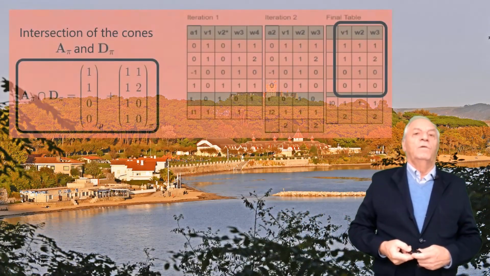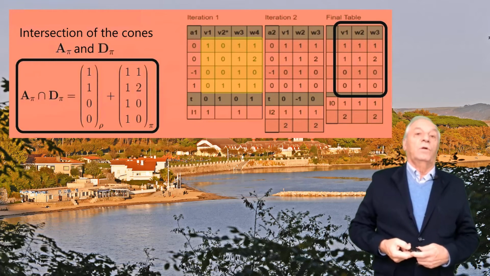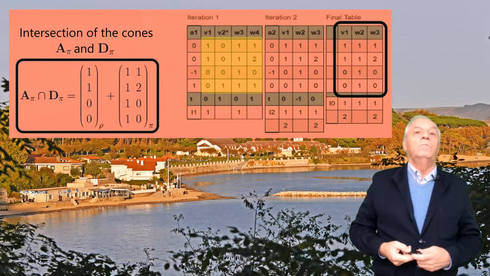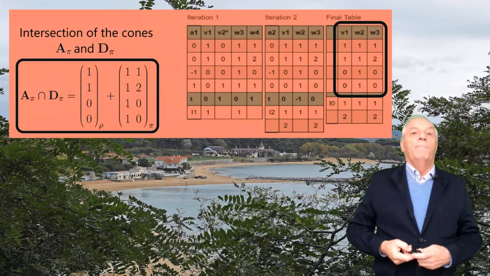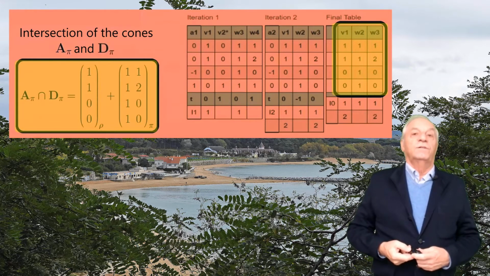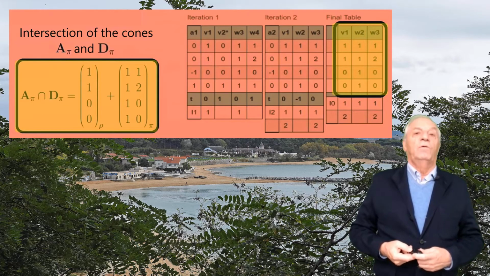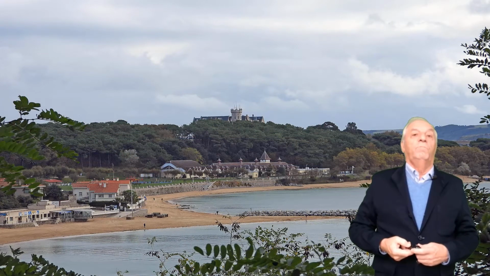Finally, the dual cone of the previous cone is obtained, but in the cone D pi. To this end, we start the algorithm with the cone D pi instead of the identity matrix as shown in the table below. Then, introducing in the lower tables the above vectors and pivoting, we obtain the desired intersection cone, which is generated by a one-dimensional linear space and an acute cone with two edges, which can be seen in the final table or the transparency. This cone is the one we have indicated previously.